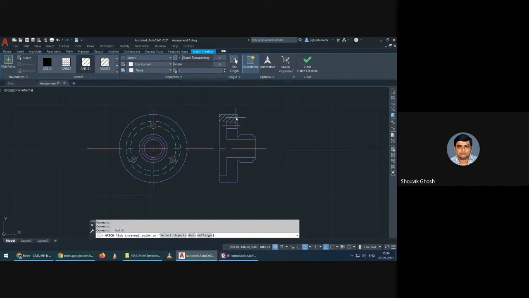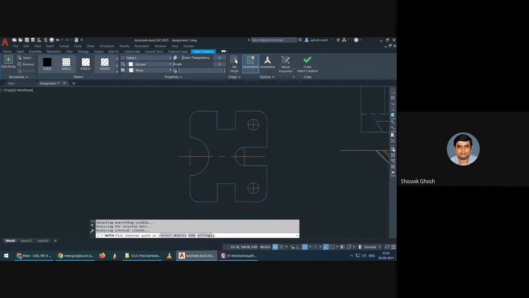So if I just move over here, you can see it is showing. I have not clicked, so the hatching is not done yet. Whenever I click, it is now done. Similarly, over here, if it is closed, it will let you do it. See, whatever the closed size is, it will let you do the hatching.